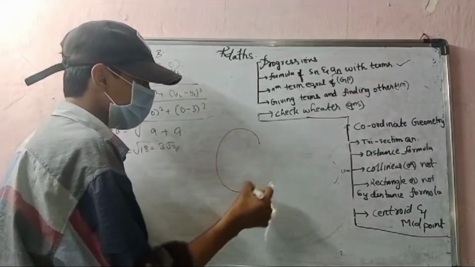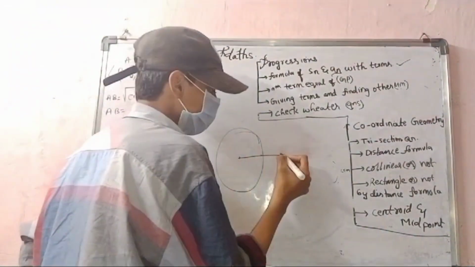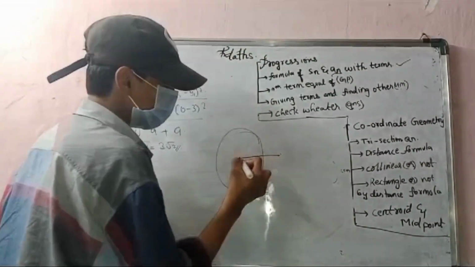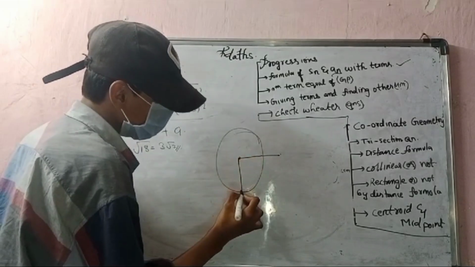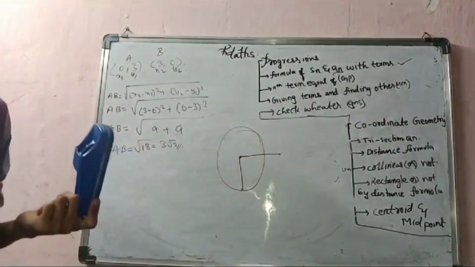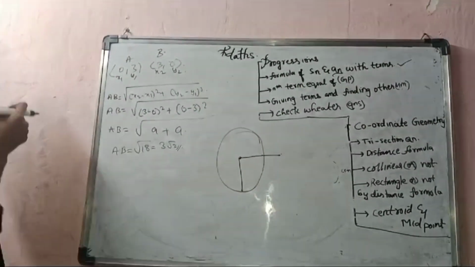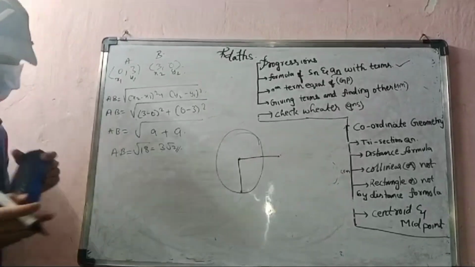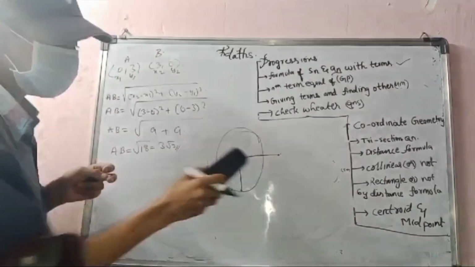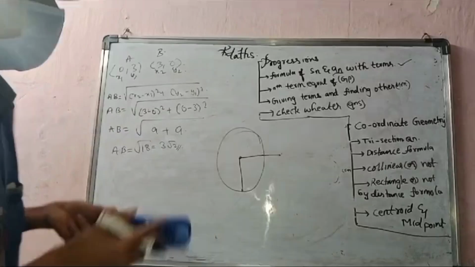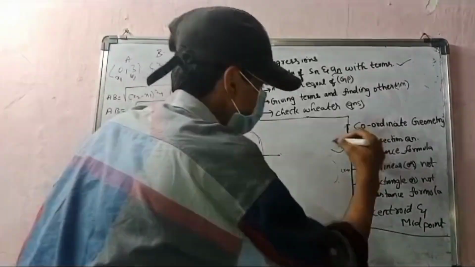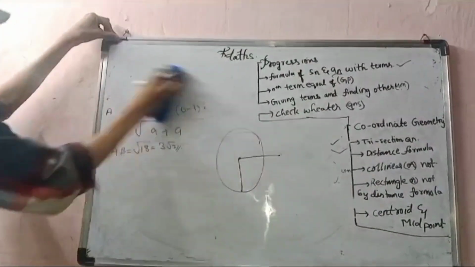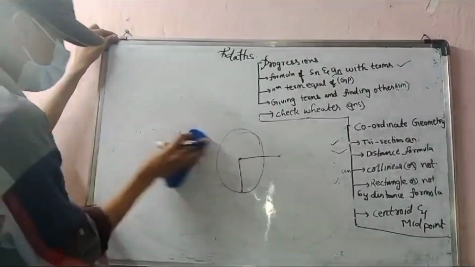And sometimes they will give a circle and ask for a distance, so from here to here is the distance. And sometimes they will ask for the radius drawn from here. Now here you should use the midpoint for the line. For that we should use x1 plus x2 by 2 comma y1 plus y2 by 2. Clear? Distance and midpoint both completed.